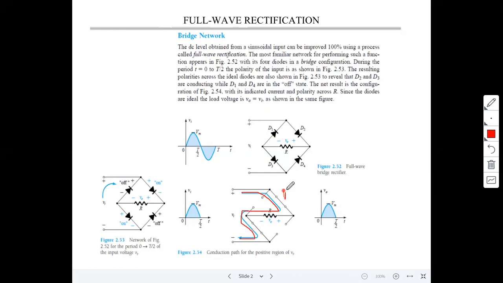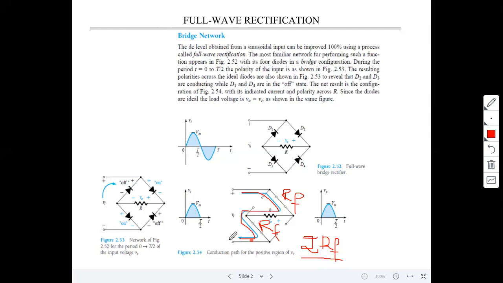Now if you consider the diode forward resistance, here it is one RF and here it is another RF, right? Whereas in a half wave rectifier or center tapped full wave rectifier, the diode is only RF, but in the bridge rectifier the total diode forward resistance is equal to 2 RF. Remember this, right? If you consider an ideal diode, no problem. But if you consider the diode forward resistance, the value is 2 RF, not a single RF, for the bridge rectifier.